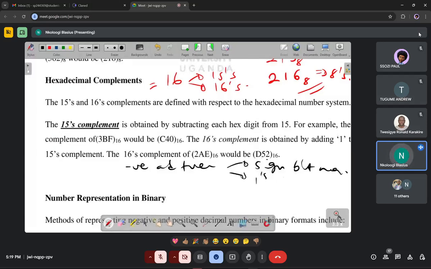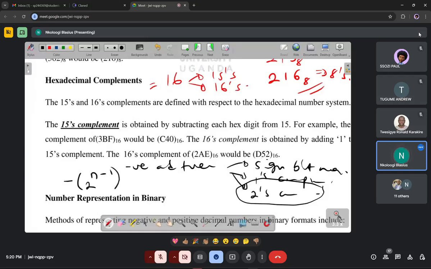Second way is the ones complement. Third way is the twos complement. As technology goes on, you can see where you can use the 15's complement. But most commonly, we use the twos complement, and the formula is negative 2 to power n minus 1